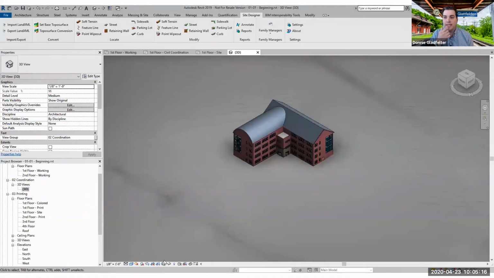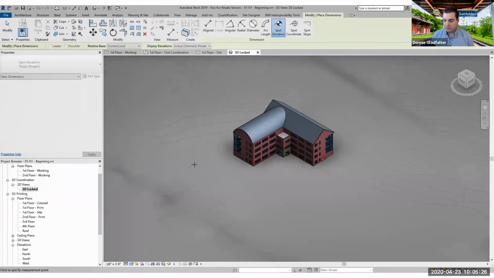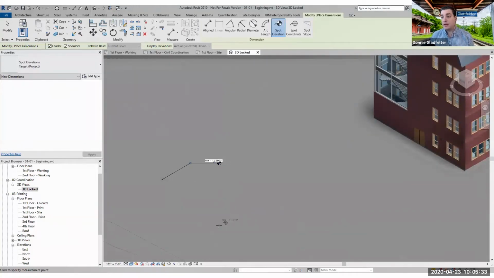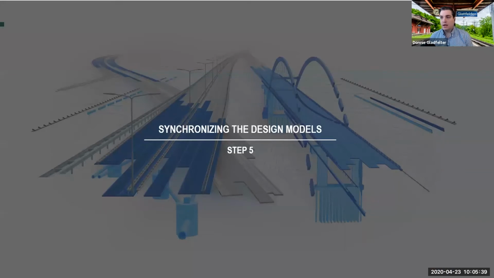So again, I find that the Site Designer tool with that Import Land XML is probably the easiest way if you're not using a tool like BIM 360 or some of the other tools that Autodesk has recently come out with. I find this is the easiest way. And like I said, if we do put a spot elevation inside of Revit, it's going to be the exact elevation I would have inside of Civil 3D. All right, so